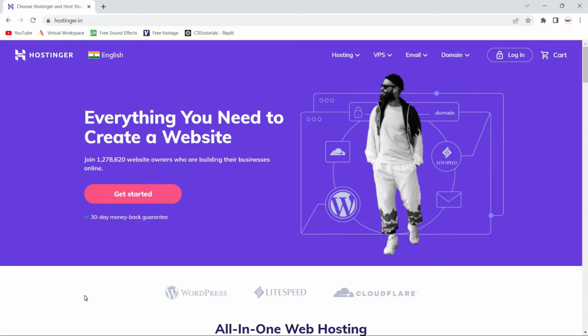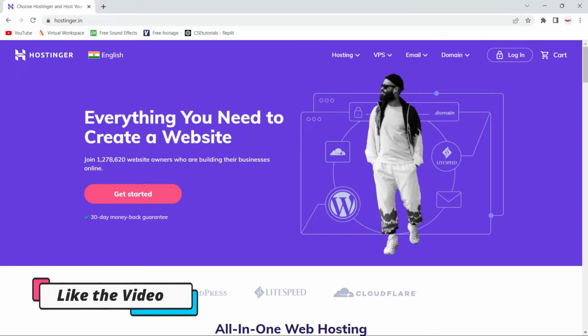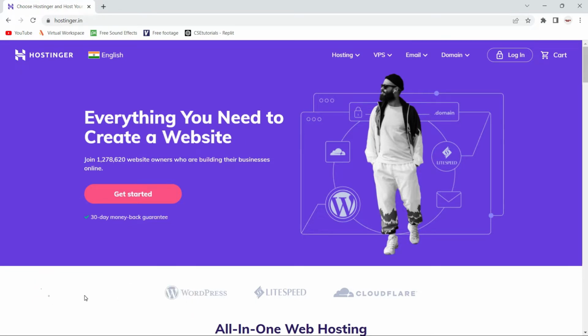Okay, hosting live server. So first of all, you must have a hosting server, or you must have purchased a hosting for this, because if you want to install your Moodle website on hosting, you must have a hosting service. It can be any hosting service that you are interested in. I am using Hostinger for hosting. I have already purchased hosting from this and I have been using it for a long time. So I will show you how you can install Moodle on Hostinger. The process will be the same for all the hosting services.